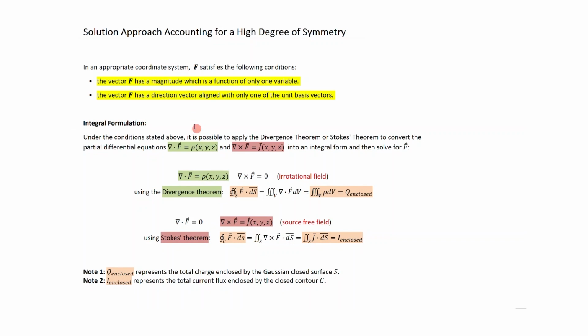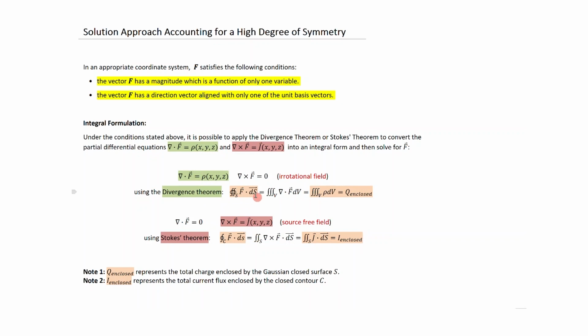Under the conditions stated above, it's possible to apply the divergence theorem or Stokes' theorem to convert the partial differential equations, that is, divergence of field F equals rho and the curl of F equals J, into an integral form and then solve for F. So for any rotational field, this is basically the differential form. And if we use the divergence theorem, then we know that if we take a closed surface integral